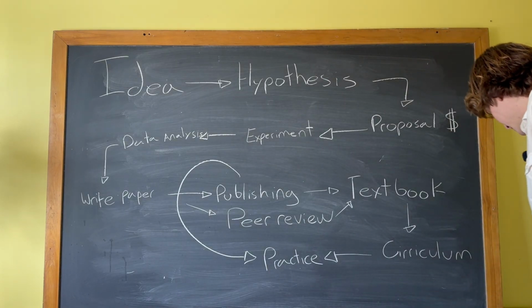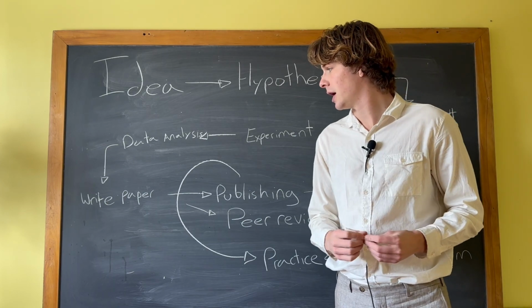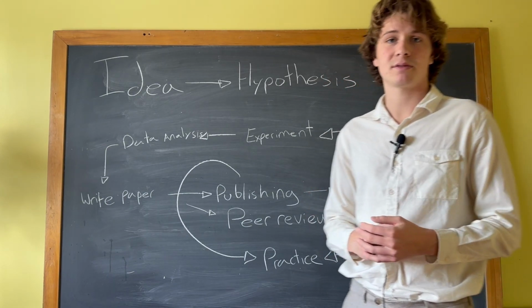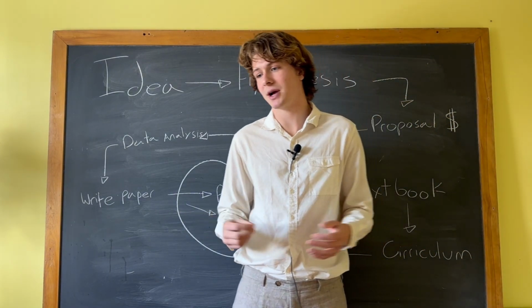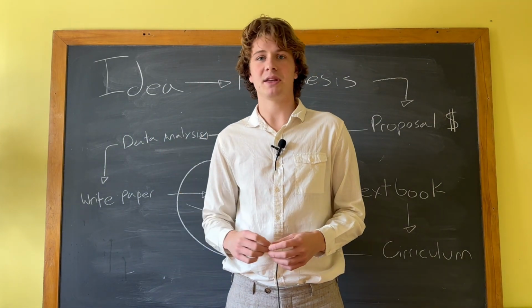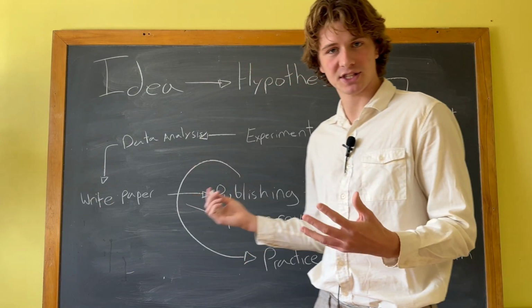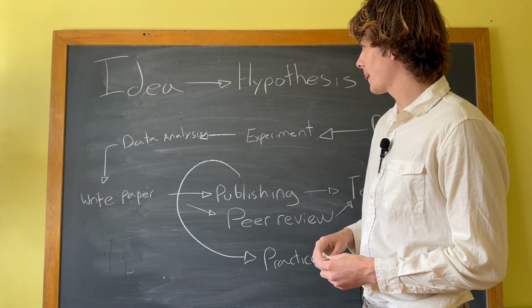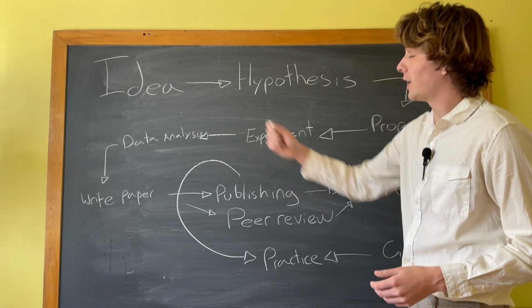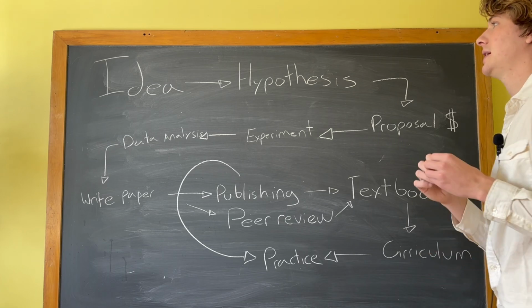Guys, I hope this was clear. This little flow chart here. This is essentially how scientific papers, how an idea gets published, how it gets implemented into practice, right? The full A to B, right? A to Q or something. This is how it gets done. Obviously, you're far removed from the idea, from the hypothesis once you're in practice, right?